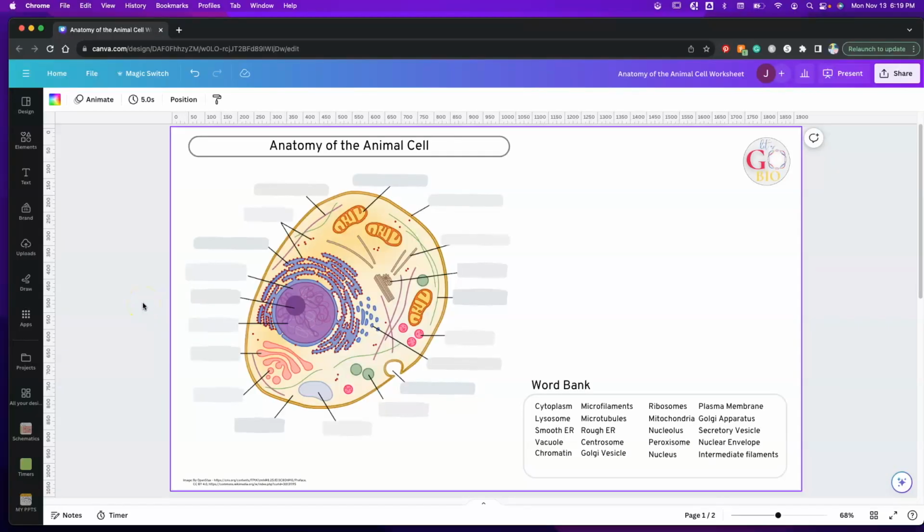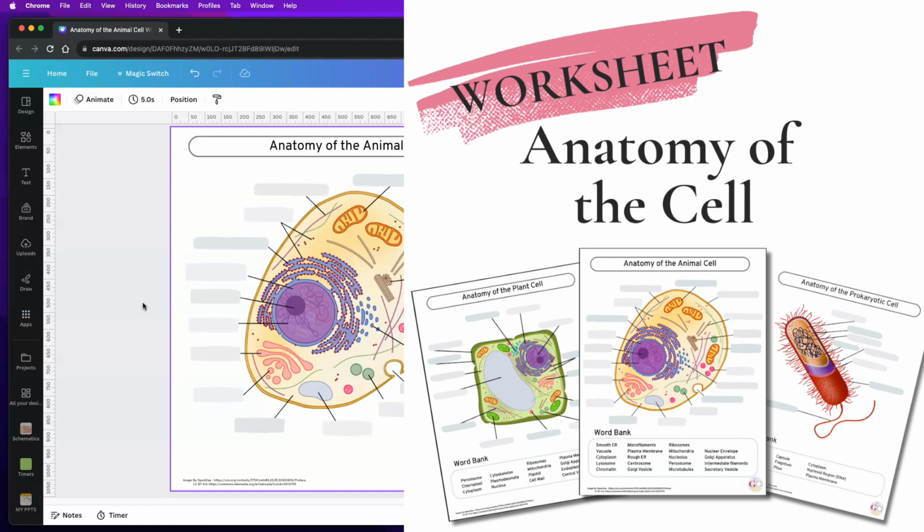Is there a more famous image among bio students everywhere than an image of the cell? Probably not. Today we're going to be going over the anatomy of the animal cell, a type of eukaryotic cell. I'll also be doing this for the anatomy of the plant cell as well as the anatomy of the prokaryotic